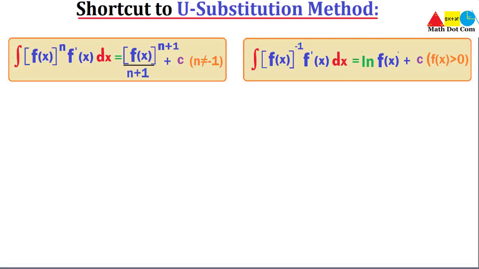Today I am going to share a shortcut to the u-substitution method that we have discussed in our previous lecture, that is, how you can use the u-substitution method in integrals when you come across three different situations. But this shortcut will be applicable only in two situations out of the three that we discussed in the previous lecture. So if you have seen the previous lecture, then you will get the idea of what situations we discussed there, and out of three, in which situations we can use this shortcut method.